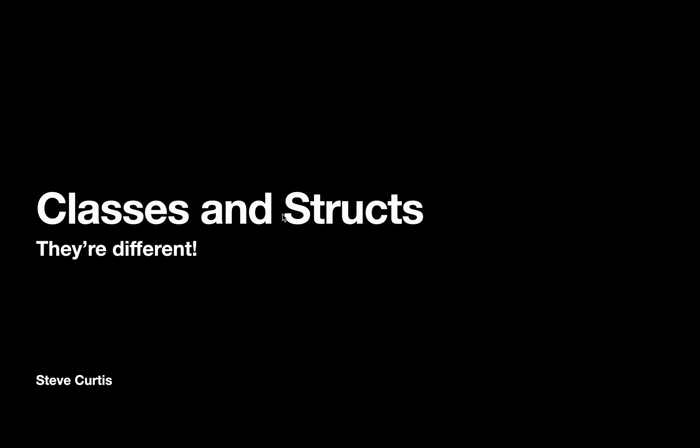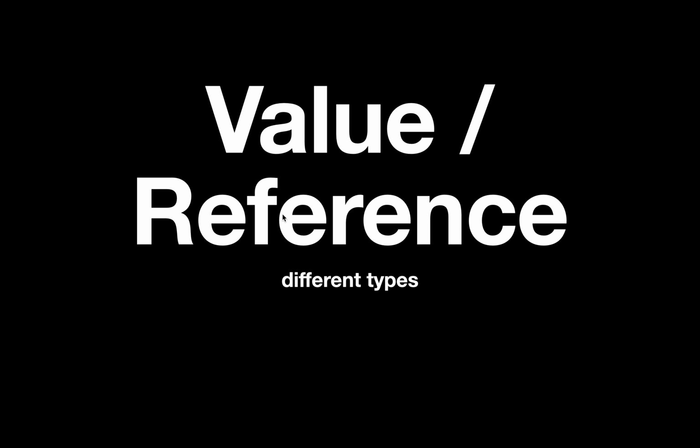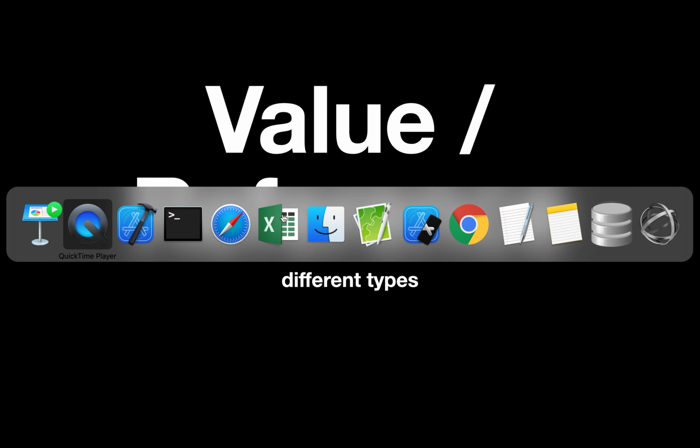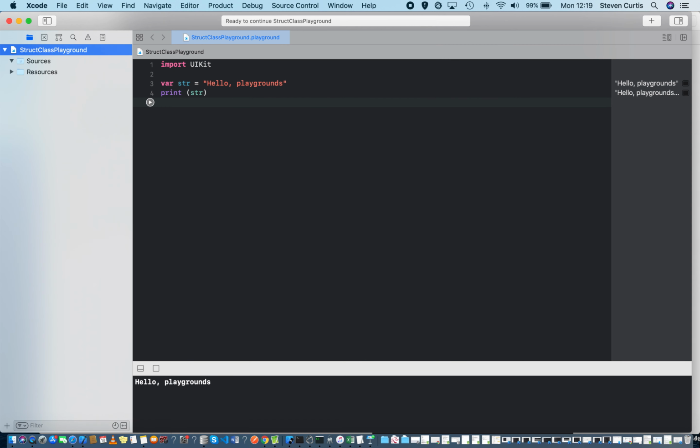Hello, this is a video about classes and structs in Swift and how they're two different things and they are useful for different situations. So the first thing I could talk about is the classic difference between value and reference types. I'm not going to go into too much detail here, but if I set up a class which is